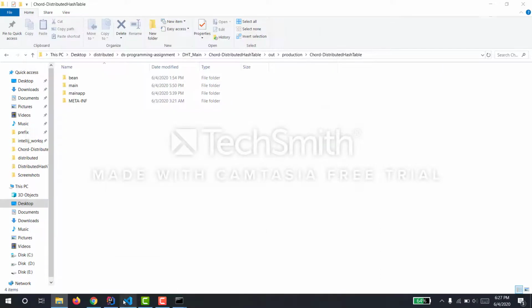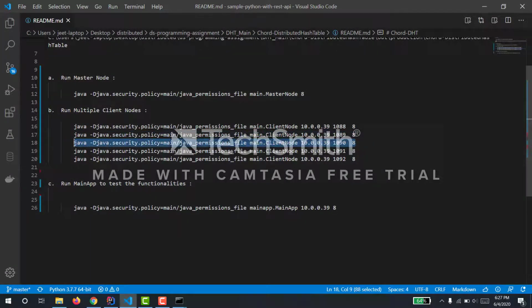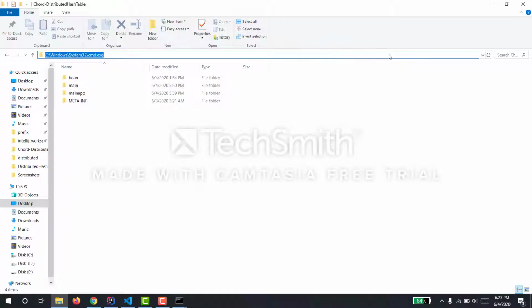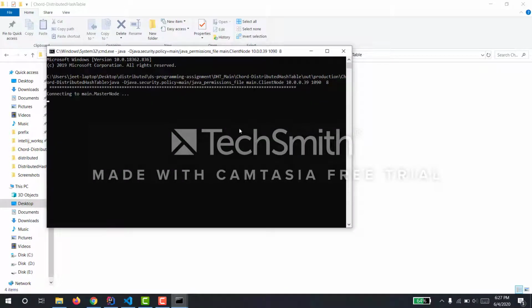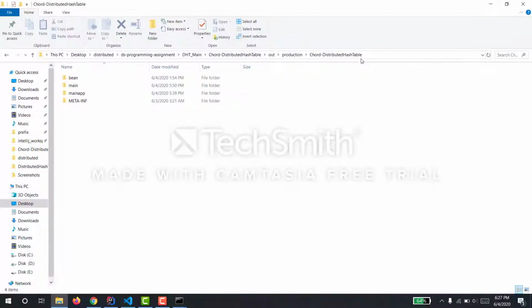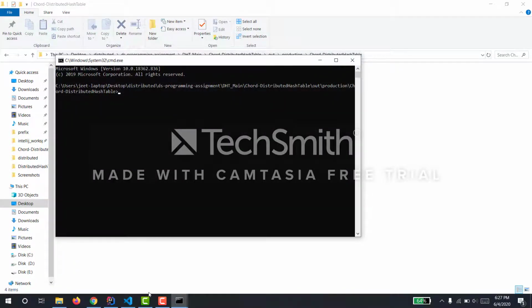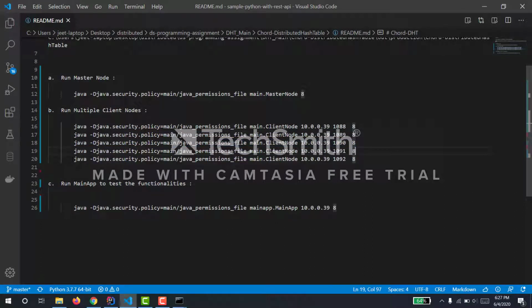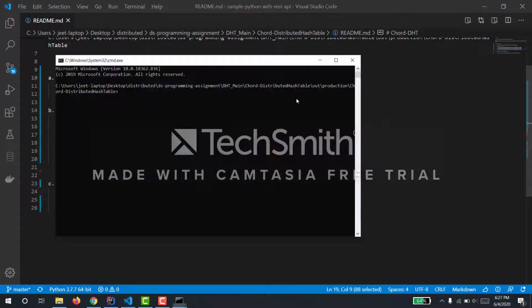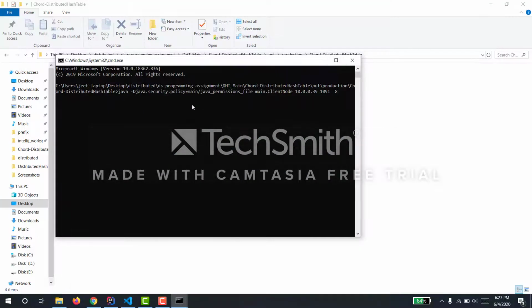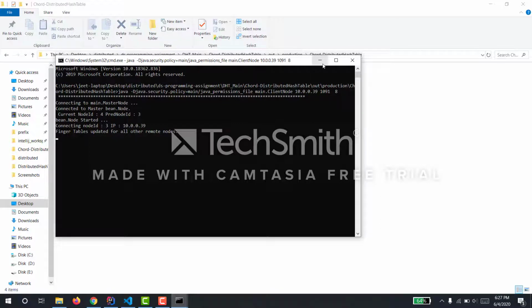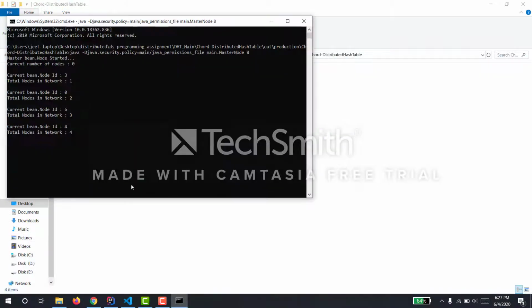I'll start one more node at 1090, and one more node at 1091. So we'll have a total of 4 client nodes and 1 master node in the DHT network. Now we should be able to see all those inside our master node, where the total number of nodes in the network is 4. Great.